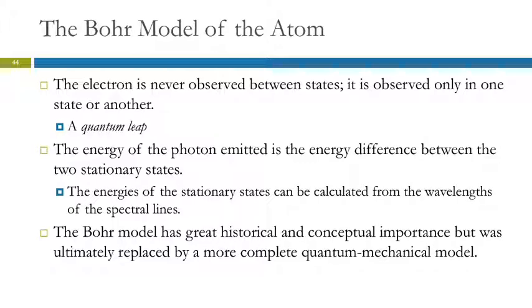It's called a quantum leap. You heard of that old TV show, Quantum Leap? A guy was able to just travel different places instantly. That's a quantum leap. So the energy of the photon that's emitted, the packet of light that's emitted, is equal to the energy difference between the 2 levels where the atom moved, and we can calculate the energies. So the Bohr model has great historical and conceptual importance, but it actually doesn't work for anything except